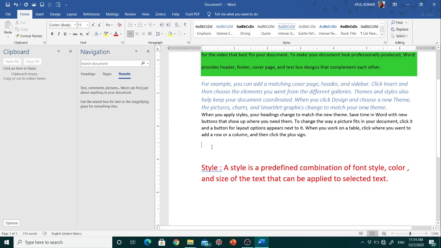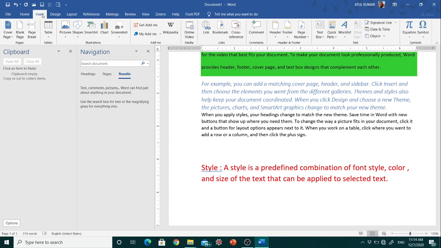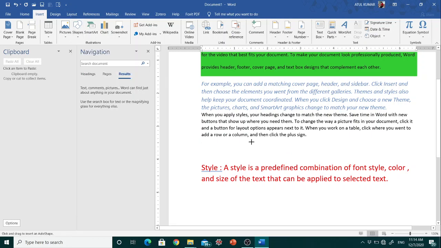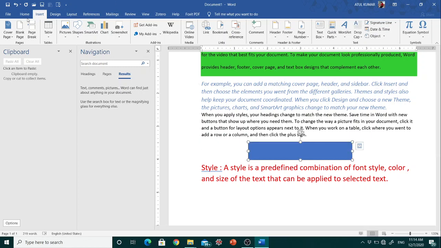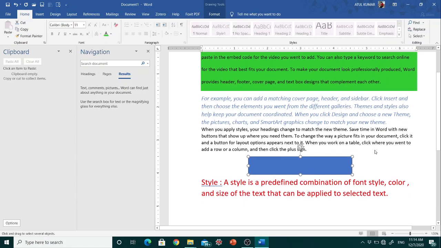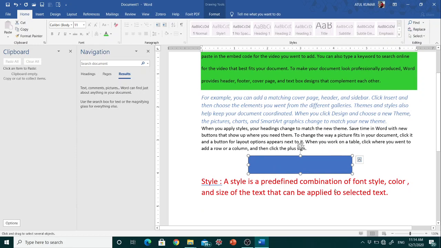For demonstration, I am inserting one shape here, a rectangle shape. So this one is a rectangle shape, and in the home tab just select and go to select objects. So it selects only the object in your page. So there is only one object.